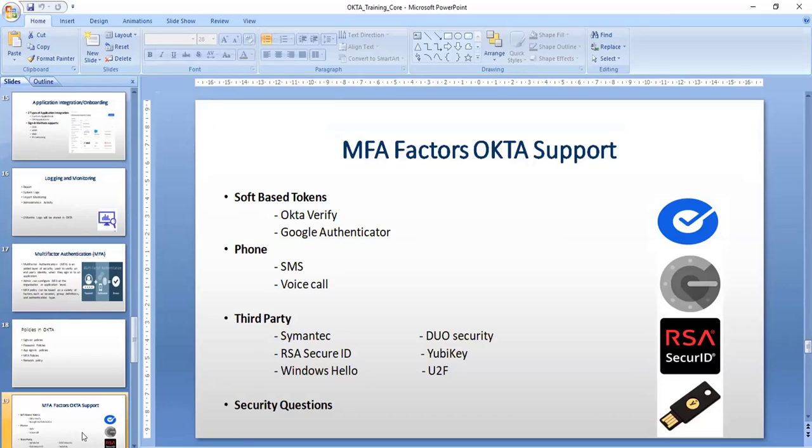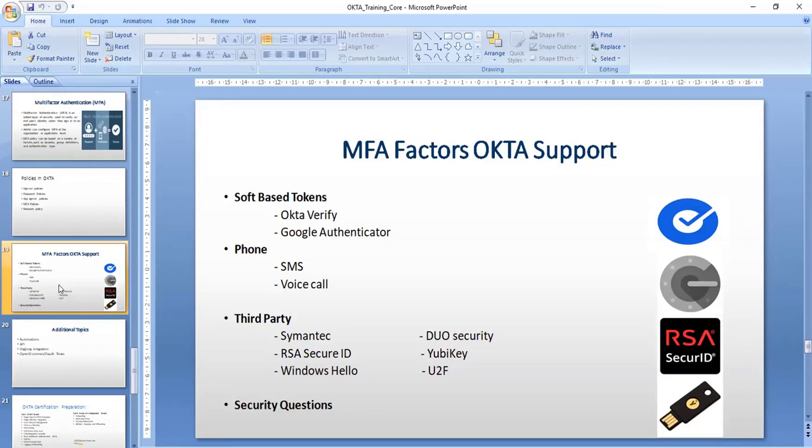A soft token is nothing but a software application or a mobile application that is installed on your devices. With the help of that app, there is a list of factors available in Okta. For example, there are different types like soft token, hard token, and third-party apps, for example the Symantec app or RSA security app.